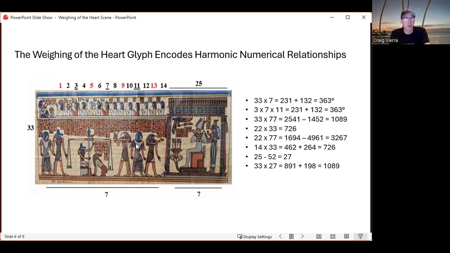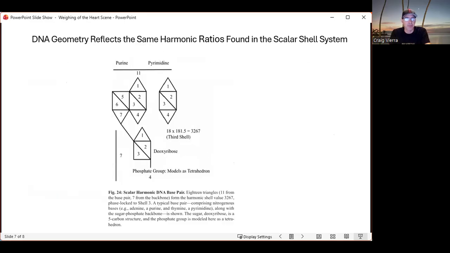I start to break the numerology down, I'm able to map it back to the scalar circle and 1089 and 1089 multiples and DNA and a tetrahedron. Also 27 here, which is describing the crystal spiral code, the sevens, heptagons, and there's even more in here that I won't go into right now. But this is incredible when you think about it. Okay, so